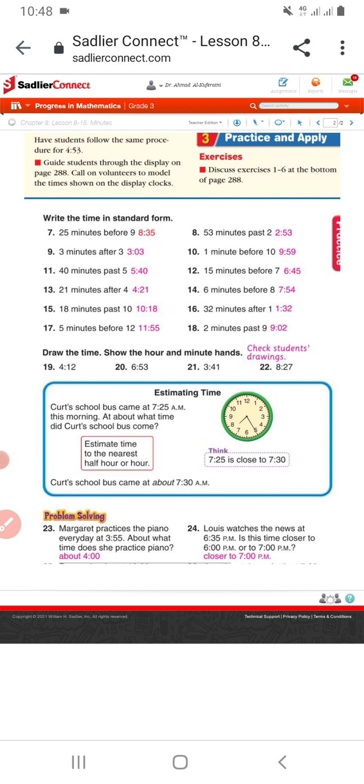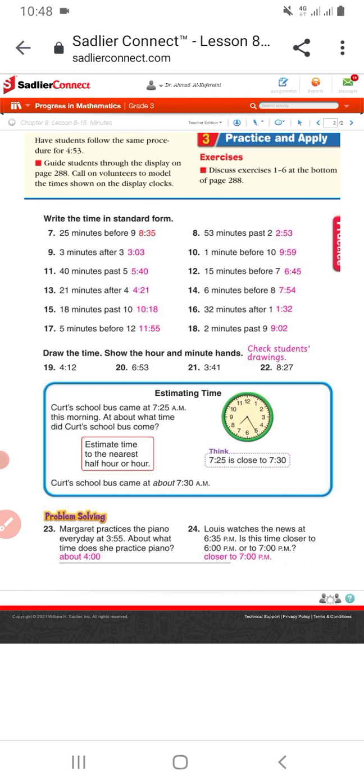We write before 9, we write 8. And then we subtract 60 minus 25. Okay, so we have 8. As you can see here, we are in question number 7. The answer will be 8 and 35. طيب, how did we find it? Yani,